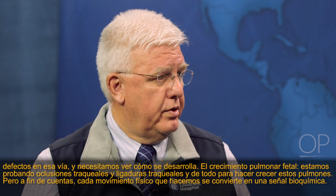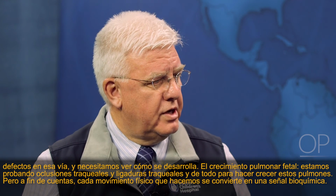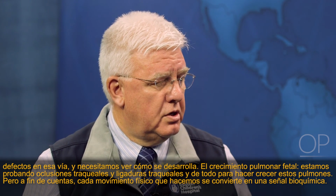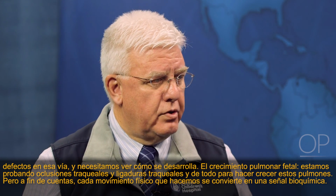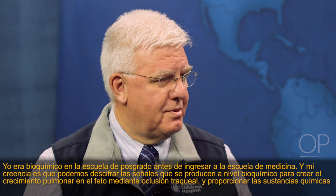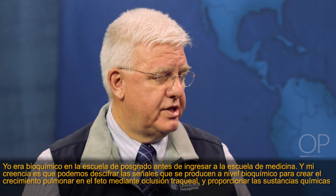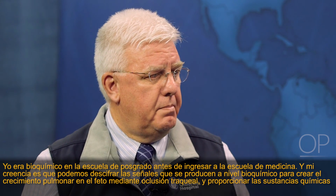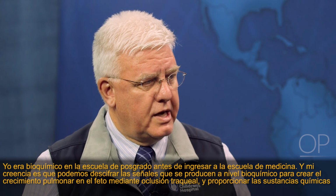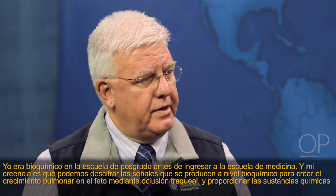Fetal lung growth. We are trying tracheal occlusions and tracheal ligations and everything to grow these lungs, but at the end of the day, every physical move we make is converted to a biochemical signal. I was a biochemist in graduate school before I went to medical school, and my belief is we can unravel the signals that are being produced biochemically to create lung growth in the fetus by tracheal occlusion and provide the